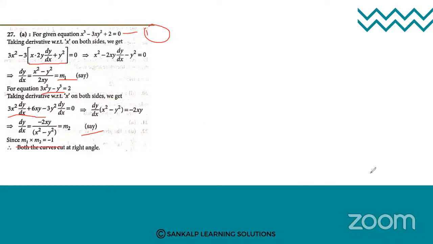Next question. Next, we will discuss question number 28 now. If x is real, then the minimum value of x square minus 8x plus 17 is,